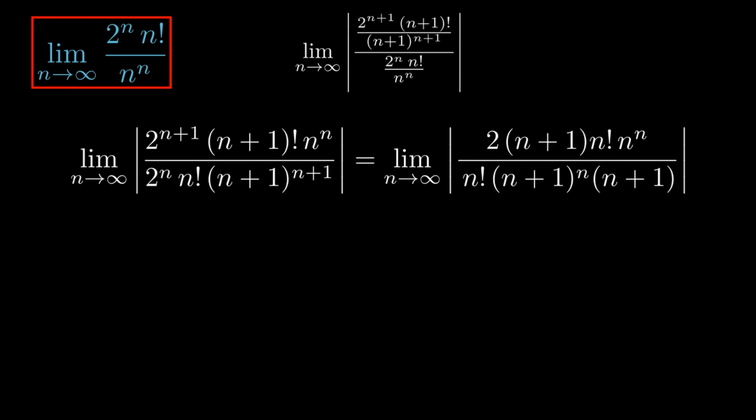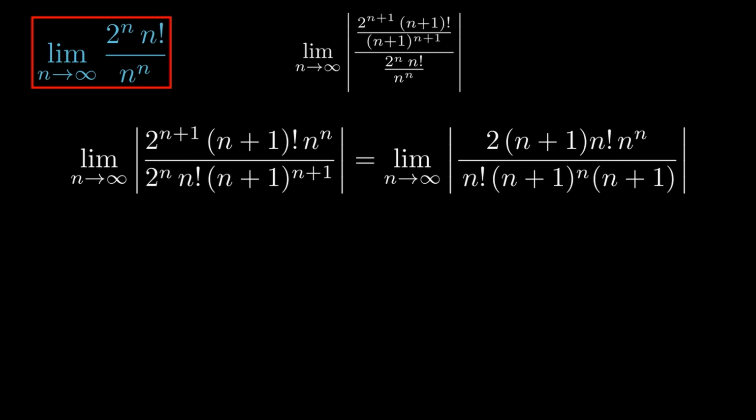We can rewrite 2 raised to n plus 1 as 2 raised to n multiplied by 2 raised to the first power. So we would cancel the 2 raised to n in the numerator with the 2 raised to n in the denominator. And we can rewrite n plus 1 factorial as n plus 1 multiplied by n factorial, because n factorial is just n multiplied by n minus 1 multiplied by n minus 2 all the way down to 2 times 1. If we do that, we get the limit as n goes to infinity of the absolute value